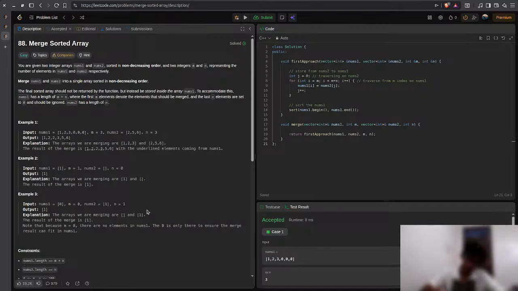If this is sorted, let me write the first approach. Okay, insert nums2 elements into nums1 from m index, then sort nums1. In second approach,